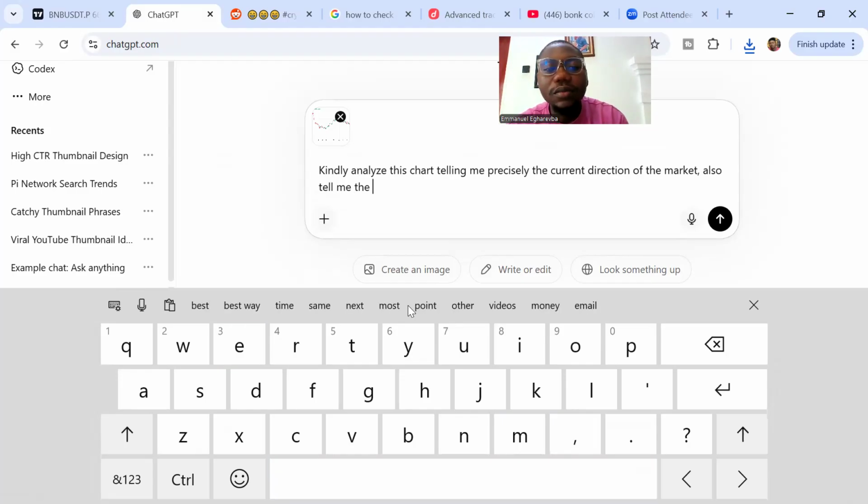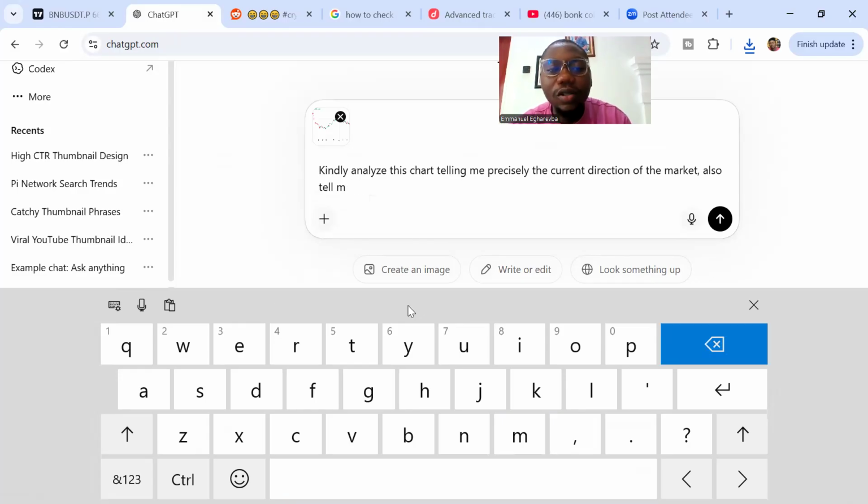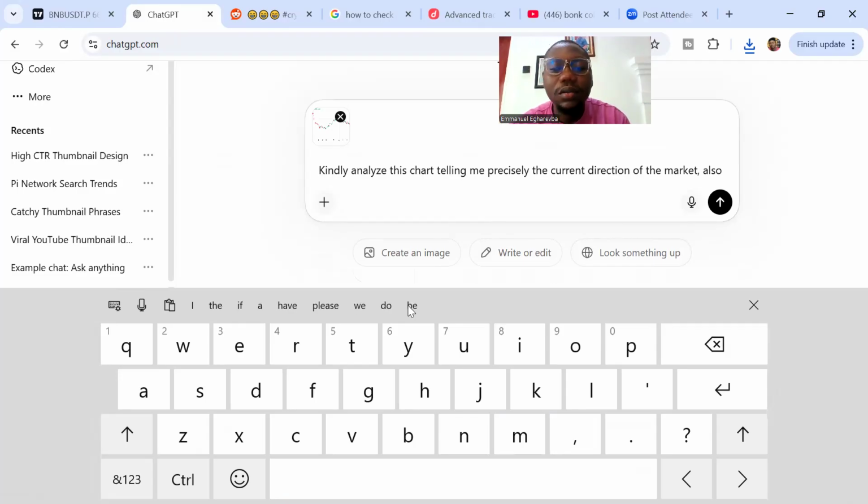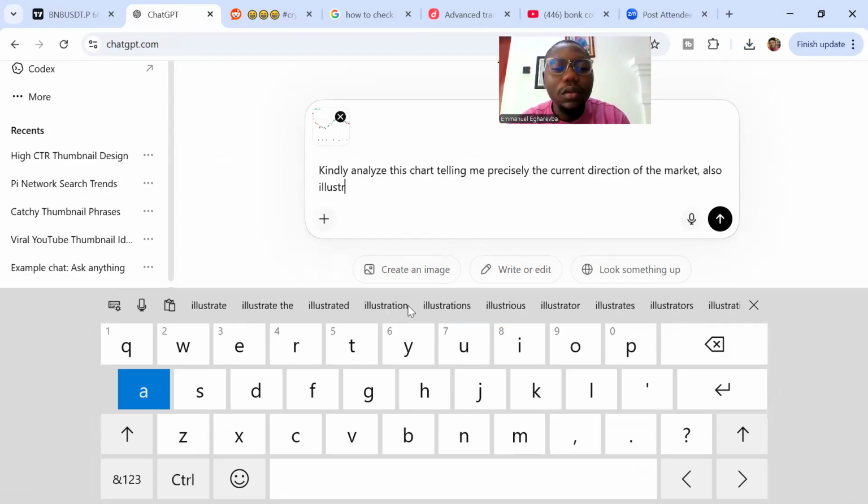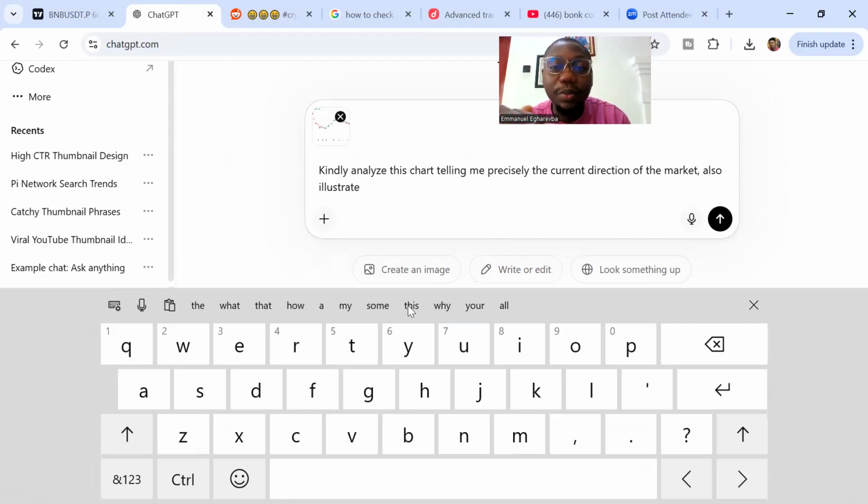Also show me, also illustrate. There are two ways to do it. It's either going to bring it out in wordings, or we can do it in a way whereby it shows us a picture of what we're supposed to trade. Just relax. Kindly analyze this chart, telling me precisely the current direction of the market, also illustrating